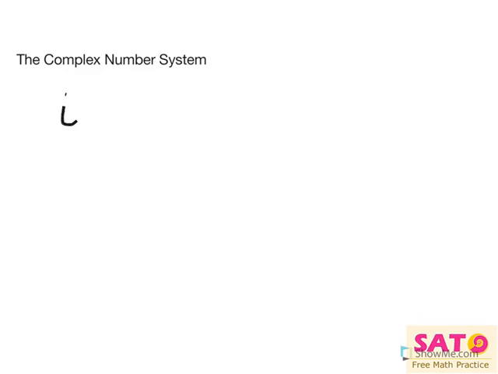And the key number here to think about, or letter, if you will, is the letter i. It's a key concept here because i is an imaginary number, and that's what it stands for, because i equals the square root of -1. You might be thinking, the square root of -1 is nothing. Well, that's what we're going to learn today, that the square root of -1 actually gets you into the playing field